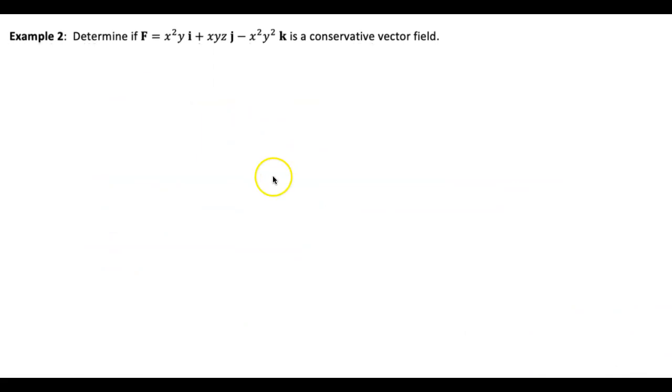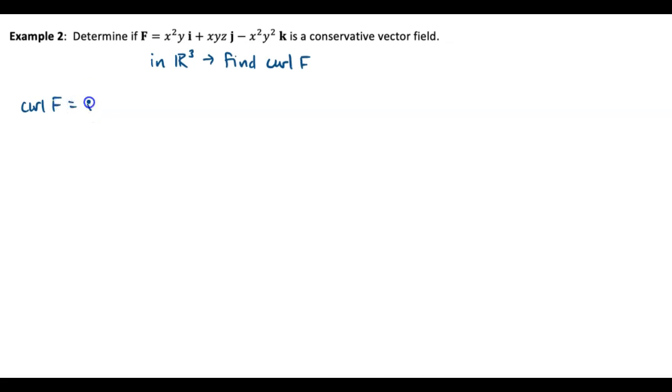So example 2, determine if the vector field F is equal to x squared y i plus xyz j minus x squared y squared k is a conservative vector field. Because this has i, j, and k components, this is in 3 dimensions. Therefore, we're going to find the curl of F. And so the curl of F